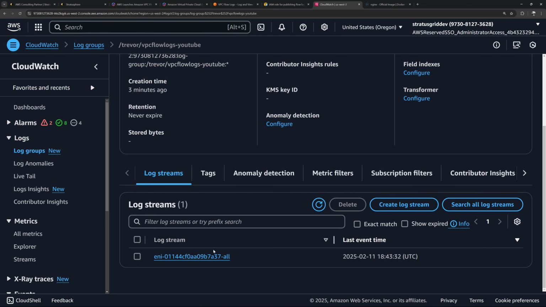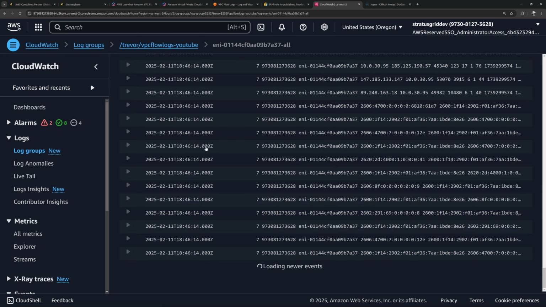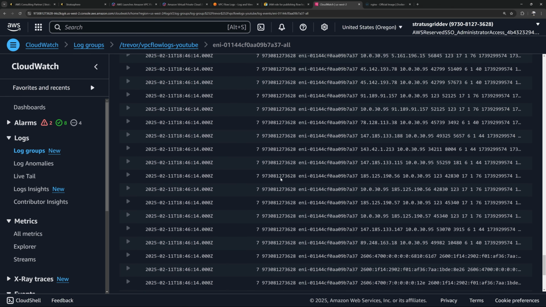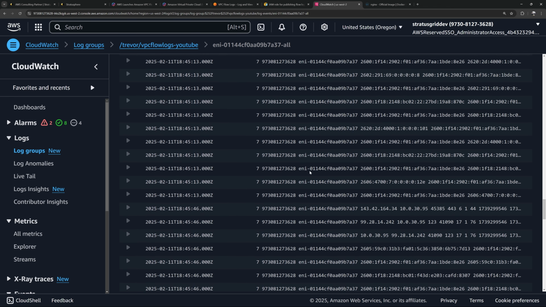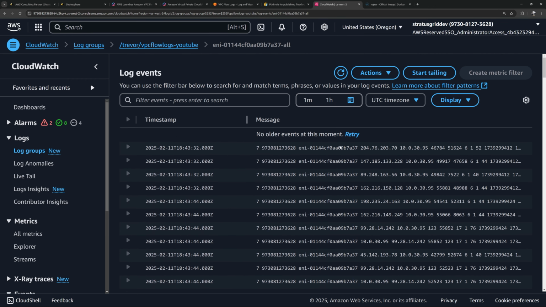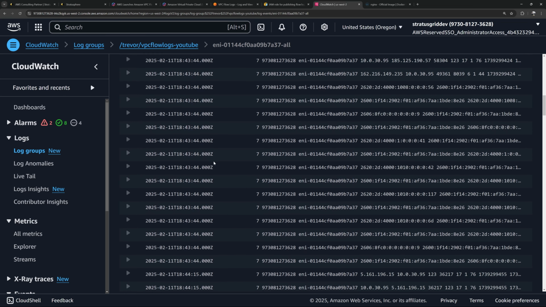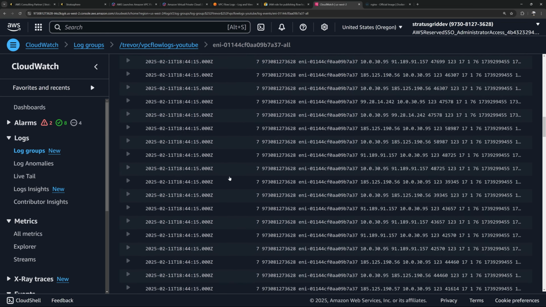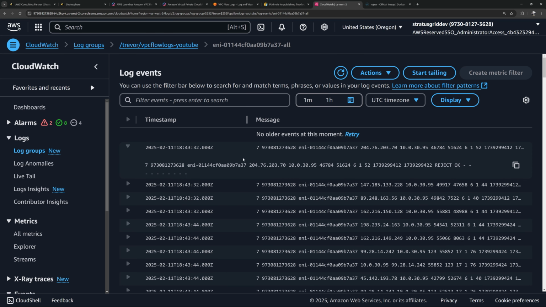And then for the log streams right here, this log stream ID actually aligns to the ENI that we attached to our EC2 instance that was created when we launched it, right? So now you can see that we've got all these logs here. You can see all of this IPv4 traffic, IPv6 traffic, and things like that. And it starts at the oldest entry up top, and it progressively gets newer as we go further down. So all this network traffic here, when the instance was originally spun up, you can see is making various connections